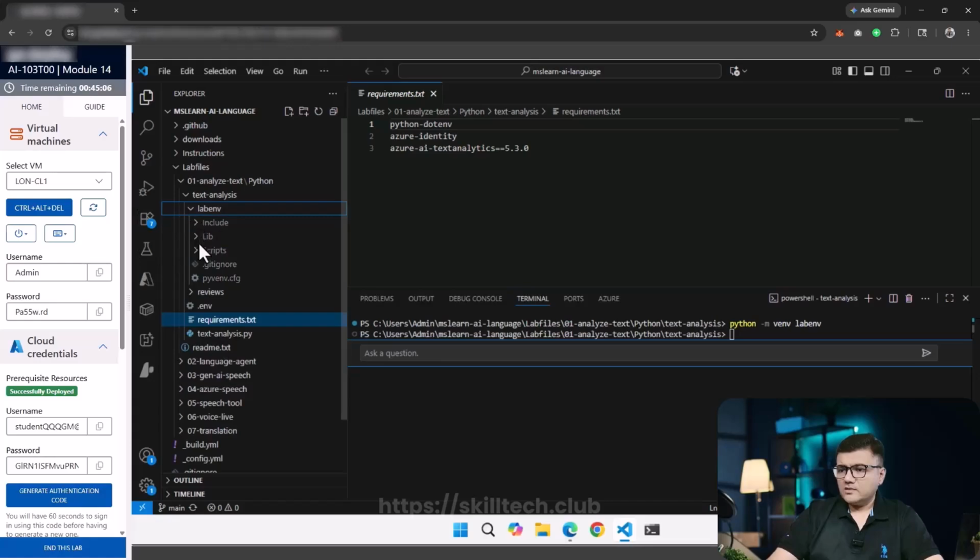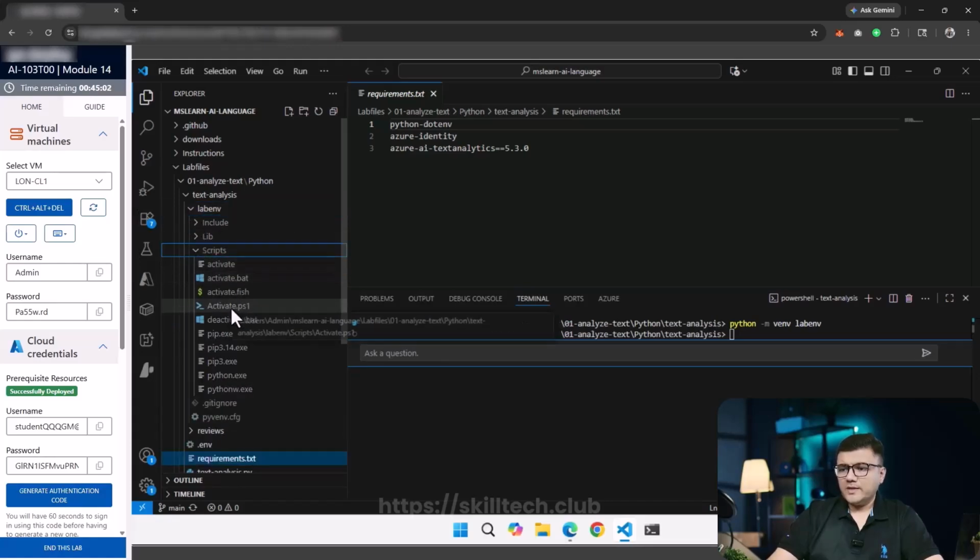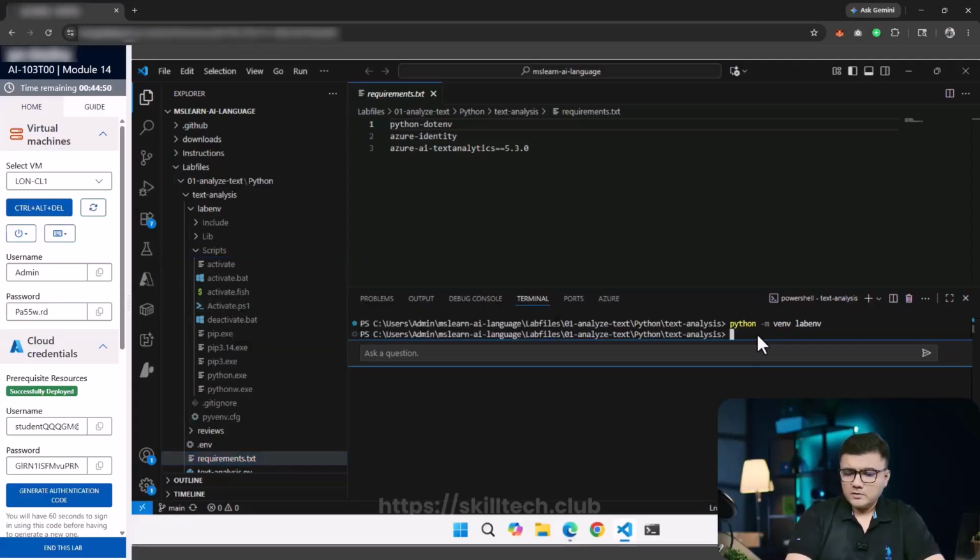Now inside this, you can see we have something called scripts. And inside that, we are going to have activate.ps1. This is the one which we are going to execute now. So we are going to do